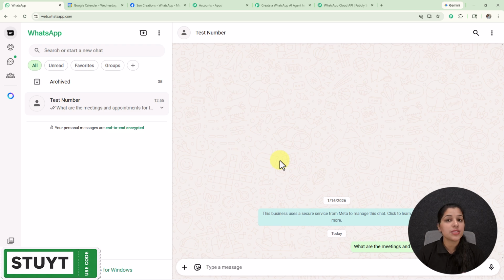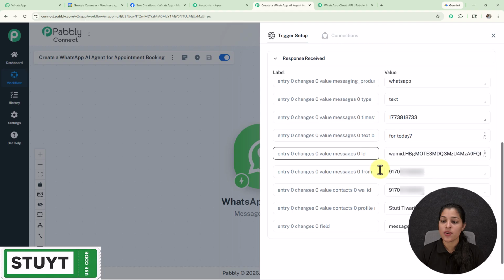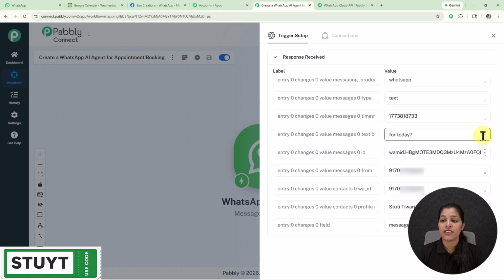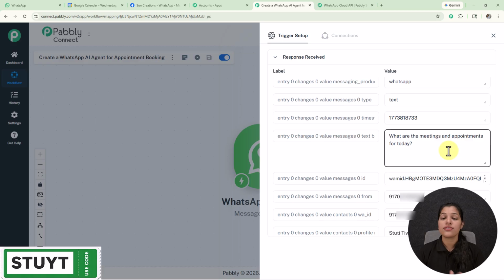Now let's move on towards my Pabbly Connect to check whether my Pabbly Connect is fetching this message over there or not. So here you can see in my Pabbly Connect I am successfully receiving this response, and here you can check out the message which I have recently entered, that is, what are the meetings and appointments for today. So this shows that we have successfully integrated our trigger app,